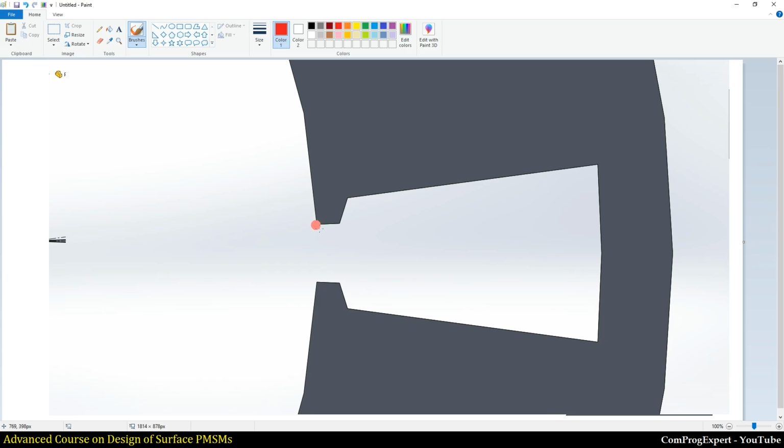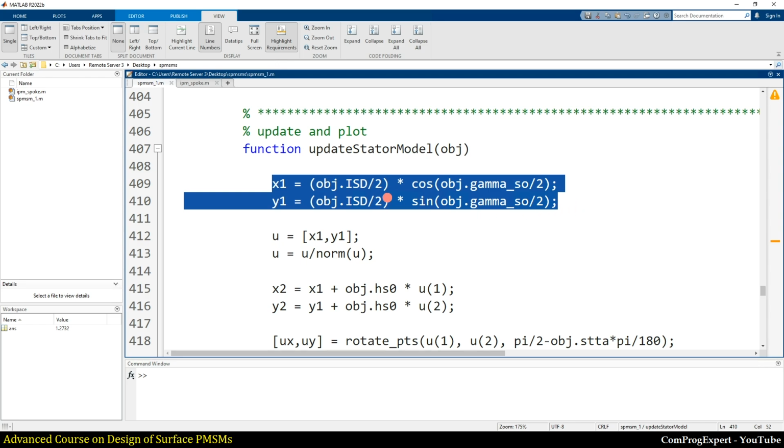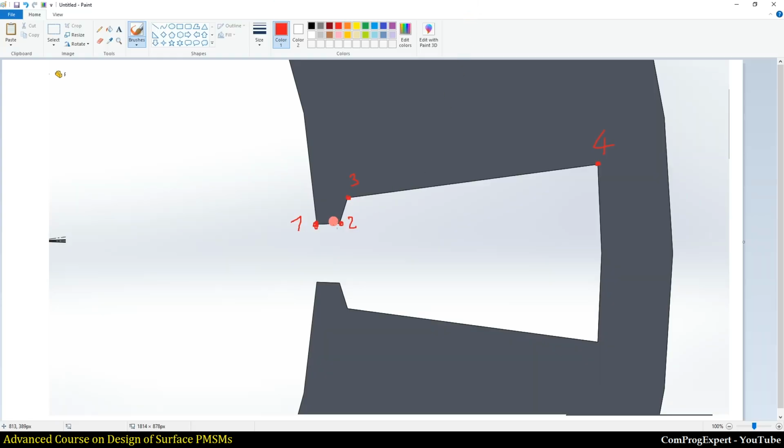This is the point number 1, point number 2, 3, and 4. So these are important points that we need to calculate the x and y coordinates of them to generate the geometry of the stator slot. The x and y coordinates of the first point, is the ISD divided by 2 times cosine of the gamma slot opening divided by 2, right?